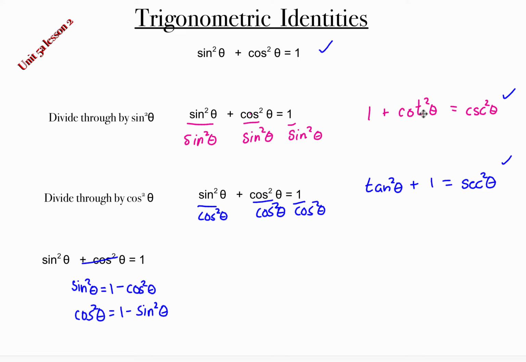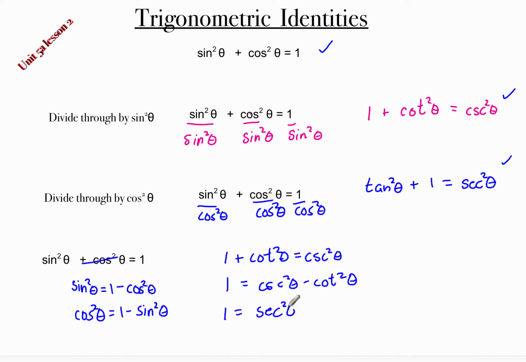And likewise, these new ones can also get manipulated. I could have started off with 1 plus cotangent squared theta equals cosecant squared theta, and I could have solved them all for 1. So 1 not only is sine squared plus cosine squared, but it could be cosecant squared theta minus cotangent squared theta. Or, well, 1 could have been secant squared theta minus tangent squared theta. Oh my God, the list of fun identities goes on and on. So stop your crying, and basically all I remember